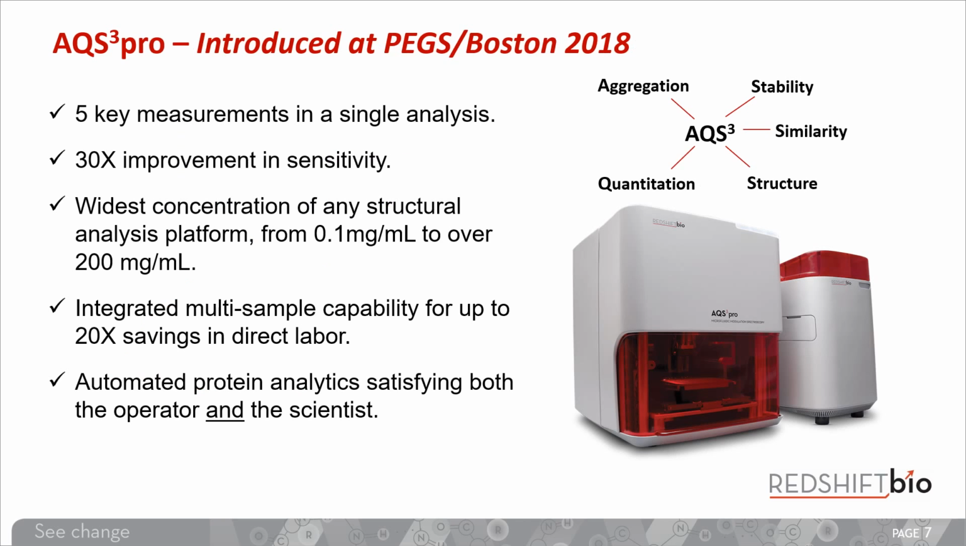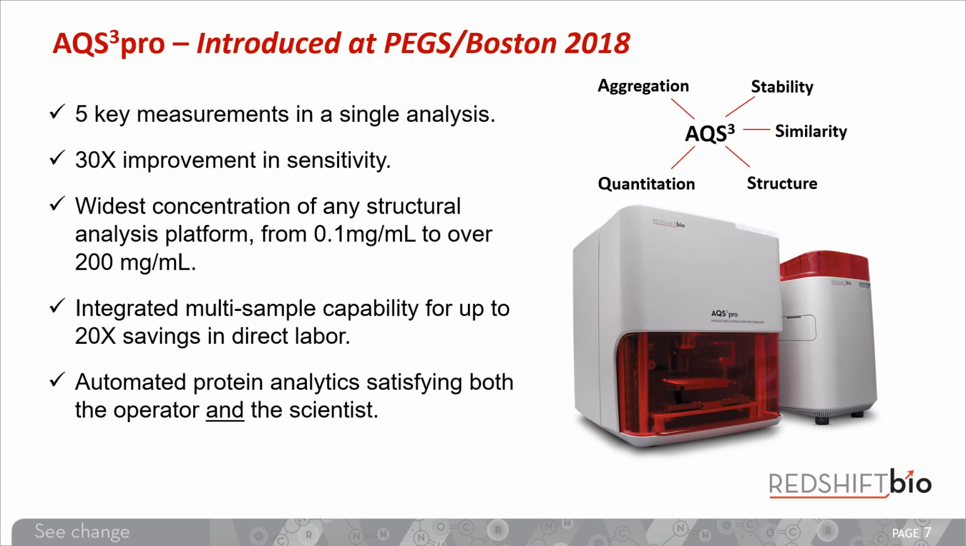also in analysis. To that end, we developed a new instrument called the AQS3 Pro, which we introduced earlier this year at PEGS Boston. It's capable of performing 5 key measurements in a single analysis. These include aggregation, quantitation, structure, similarity, and stability. It has over 30 times improvement in sensitivity relative to traditional IR methods and has the widest concentration range of any structural analysis platform, from 0.1 mg per mil to over 200 mg per mil. It has an integrated multi-sample capability with walk-away operation for up to a 20x savings in direct labor costs, and includes an automated protein analytics software suite, which satisfies the ease of use and detailed analysis requirements for both the